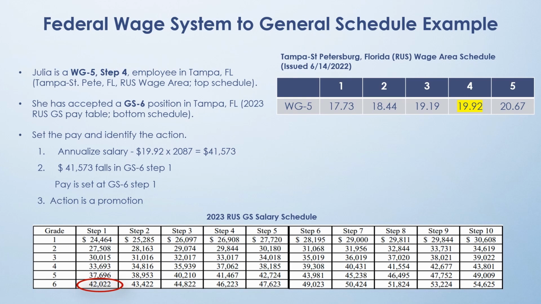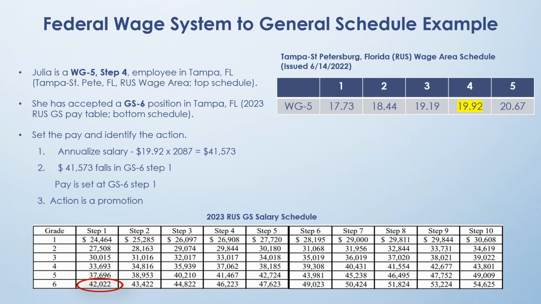Here we have an example of an employee that moved from federal wage system to general schedule. Julia is a WG5 Step 4 employee in Tampa, Florida. She has accepted a GS6 position in Tampa. So what are we going to do to set the pay? To set the pay and identify the action, we're going to convert the annual salary, that is